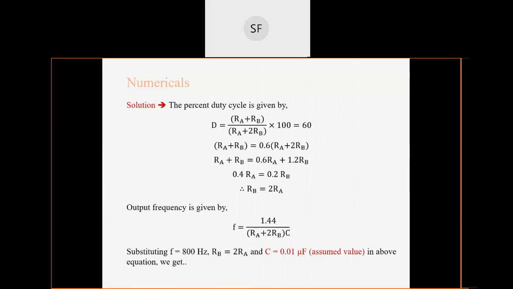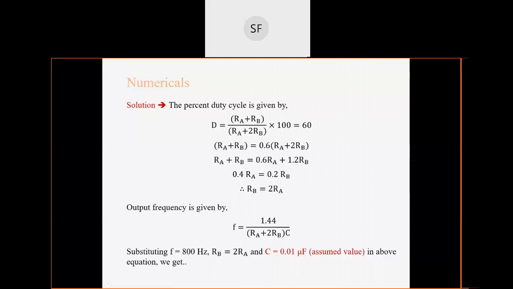One person's answer can be different, another's can also be different. It depends on the value you assume. Suppose someone has assumed the capacitor value as 1 microfarad only, someone took 0.01, another took 0.1, and a third assumed the capacitor value as 1 microfarad. For all of them, there is no difference. The difference will be only in the values of RA and RB when you do the calculation. RA and RB will be different for all three, but all three answers will be correct, right? So this is the particular thing in designing problems,